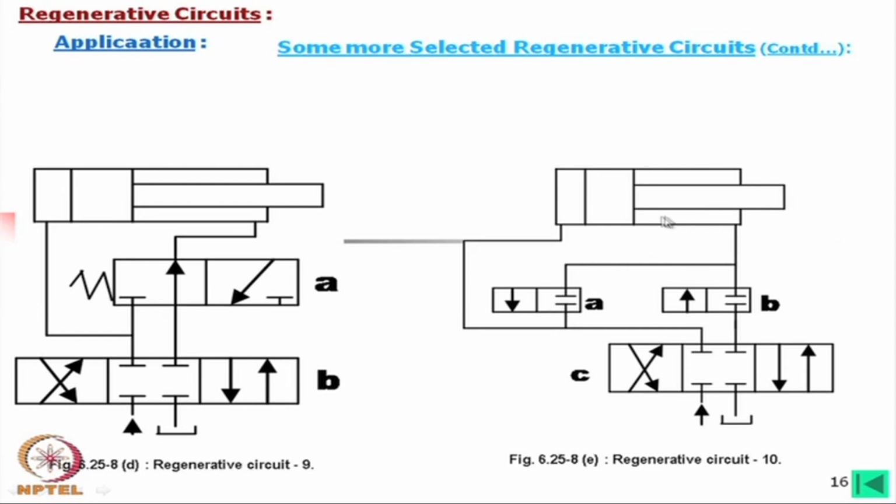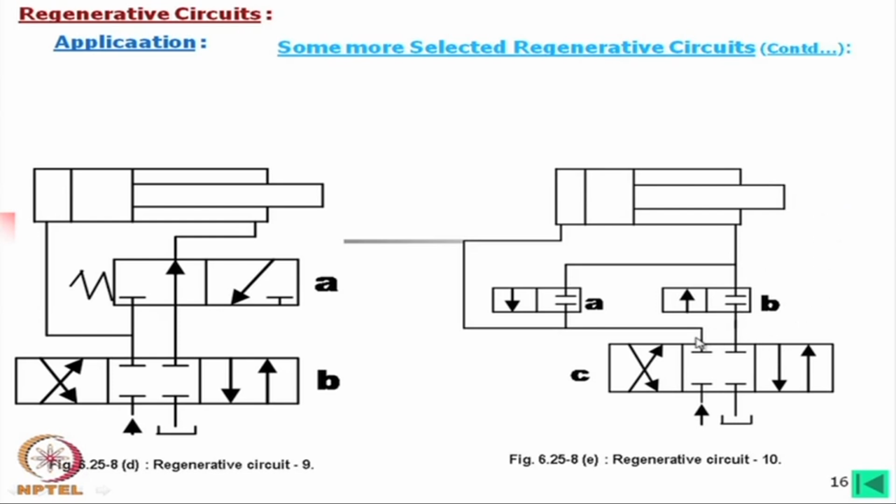So, it is normal backward operation. Because this connection is there. So, normal backward operation. So, this means that by combining these two valves we can get normal forward, regenerative and